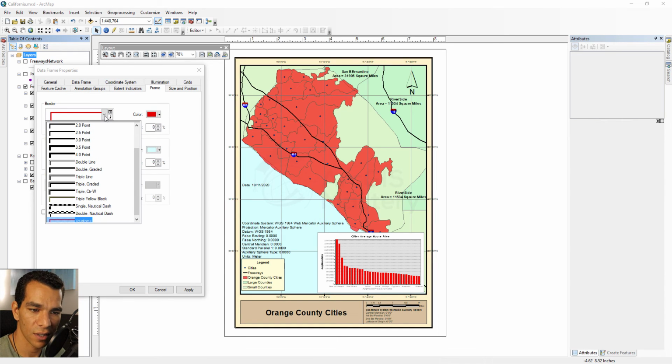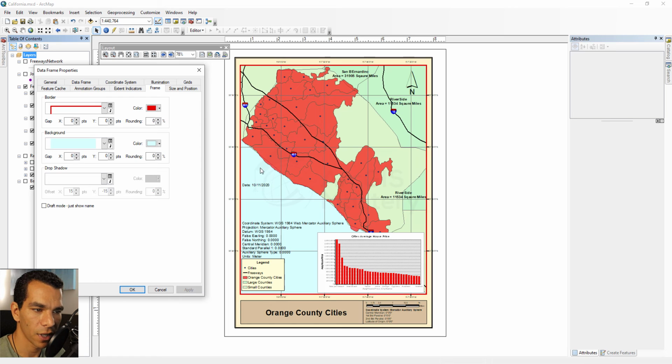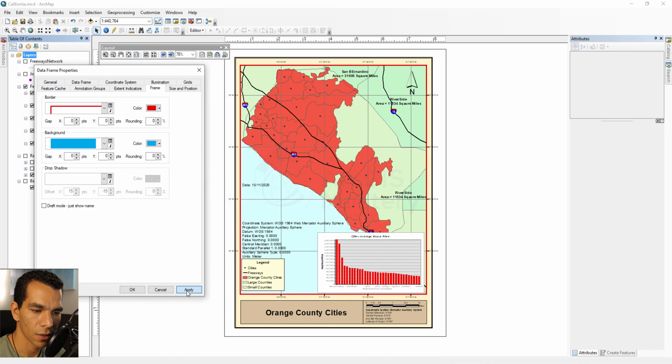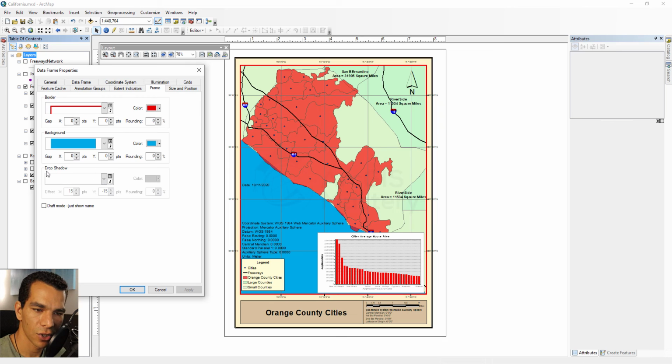You can change the design and the size of the border from these options right here. If I click apply, you will see that the border changed to red. I can change the background to make it, for example, darker blue, and I'll say apply. You'll see that the background changed, and you can change the drop shadow, which is the shadow for the map,